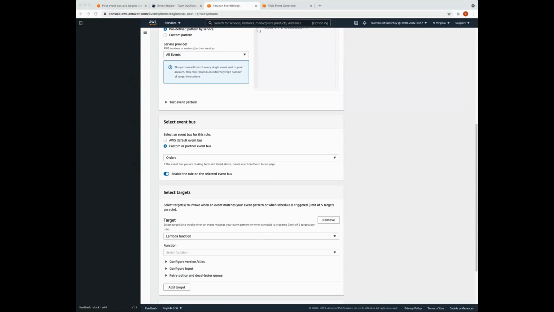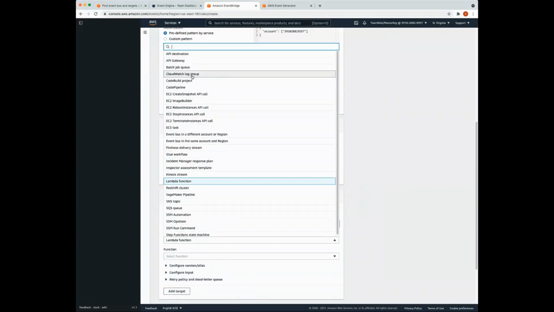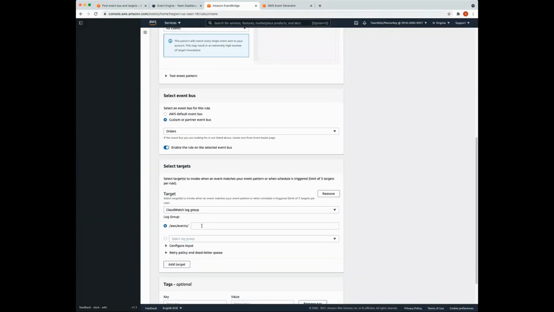Okay, and for our rule target, what we're going to do here is actually send this event to CloudWatch logs. So our target here is going to be CloudWatch log group. You should actually see that in the long list of possible targets here. And we're going to call this log group the orders log group.